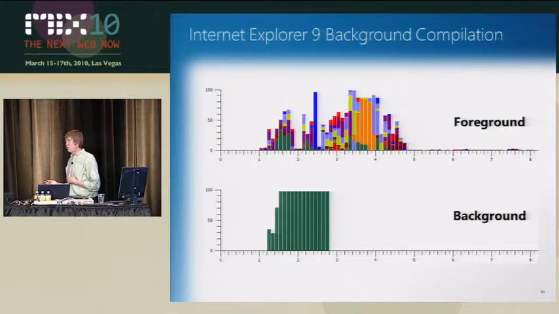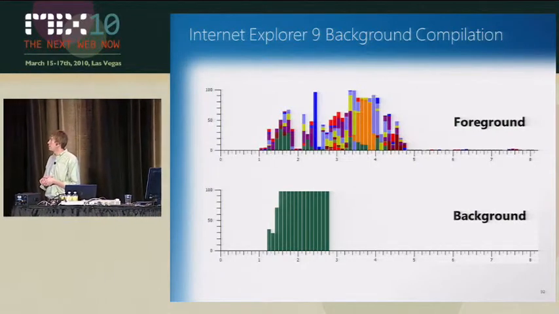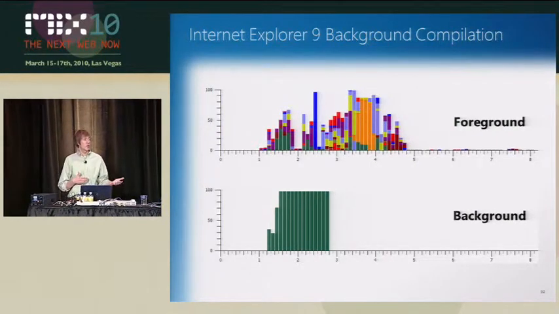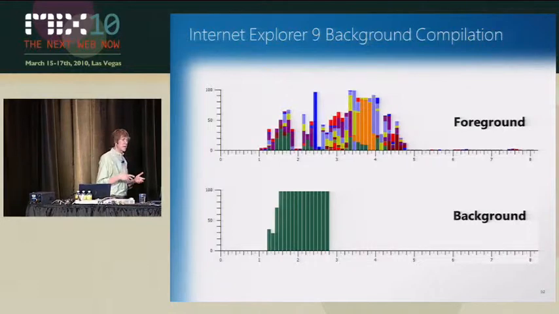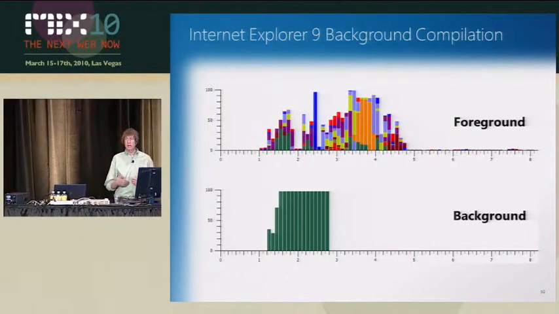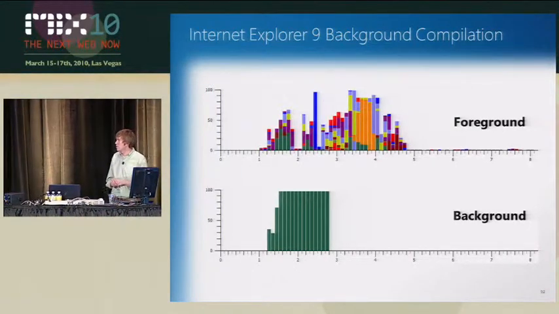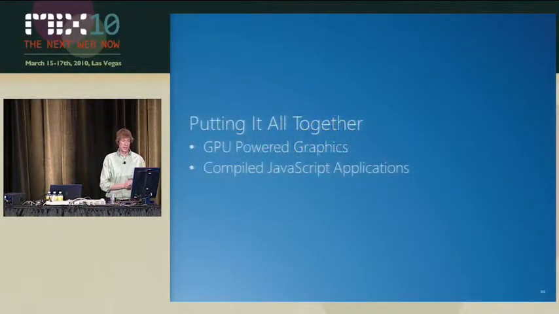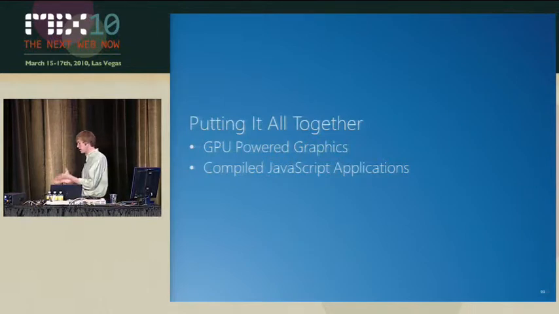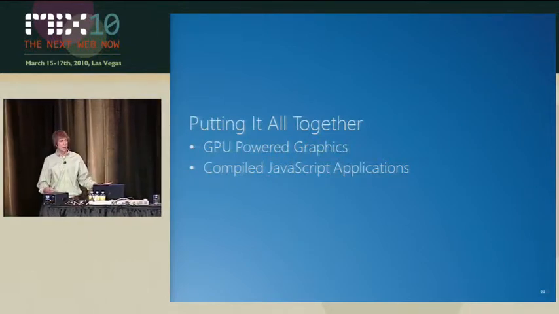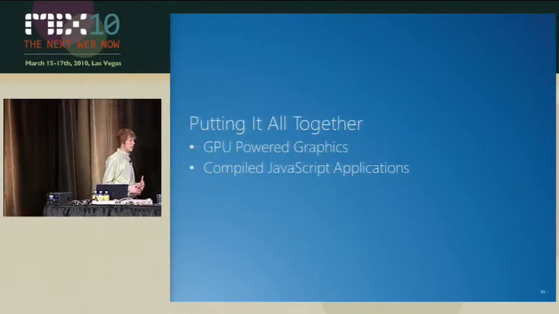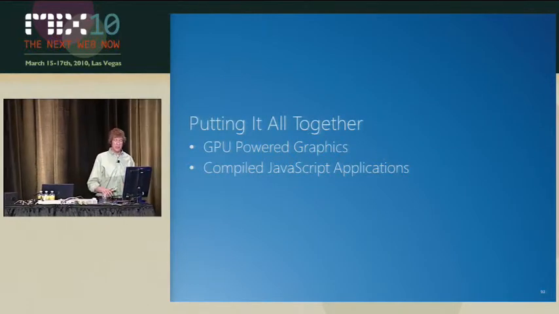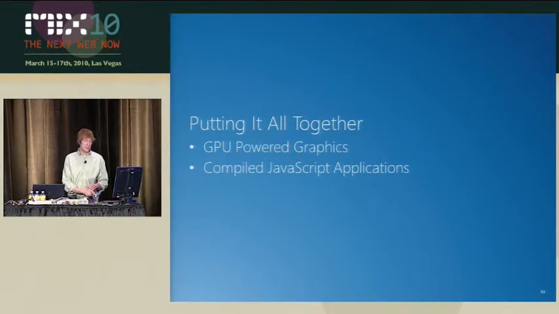Here's an example of what happens in Internet Explorer 9. Again, on the foreground, we'll start interpreting, and we'll do all the parsing, the layout, the page rendering. And then in the background, we'll compile your JavaScript. And as soon as it's compiled, we'll begin to use that. So let's put it all together. We've talked about GPU-powered graphics. We've talked about compiled JavaScript. Let's look at what this does